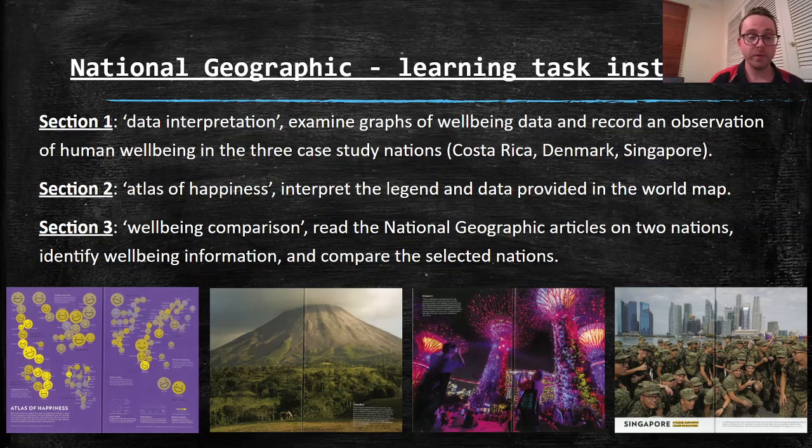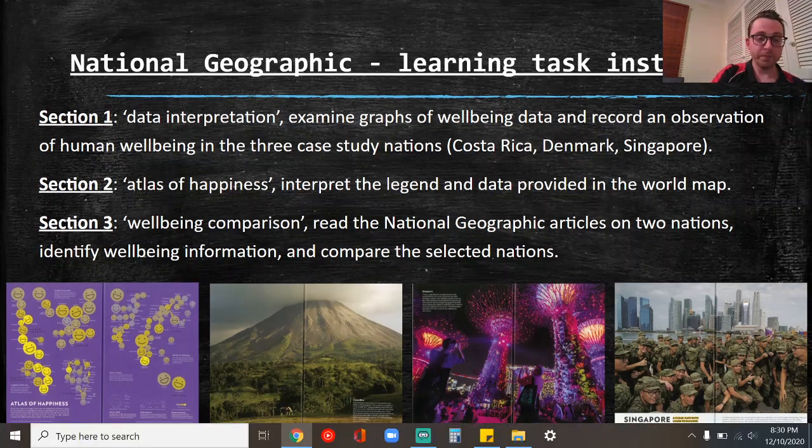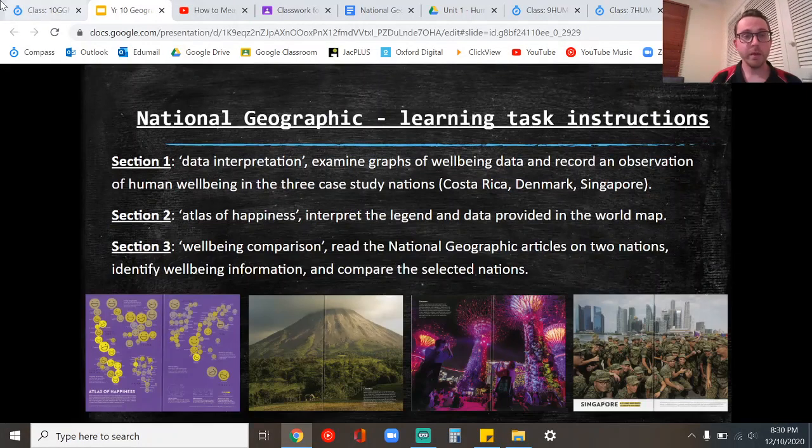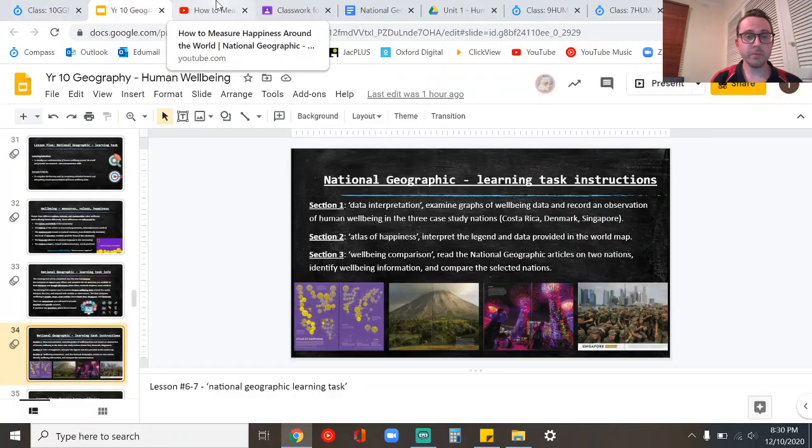Section 3 is where you flex your muscles a bit. Reading the National Geographic articles on 2, not 3, but 2 of the nations that we're looking at. So you're trying to compare human well-being in Costa Rica versus Singapore, or Denmark versus Costa Rica, identifying key well-being information, and then comparing the two. So similarities, differences. So what you need to do this lesson, watch this quick little video, which I've linked in